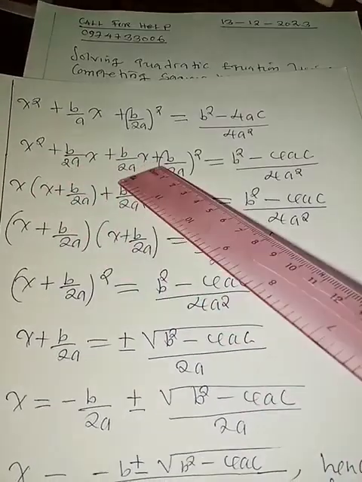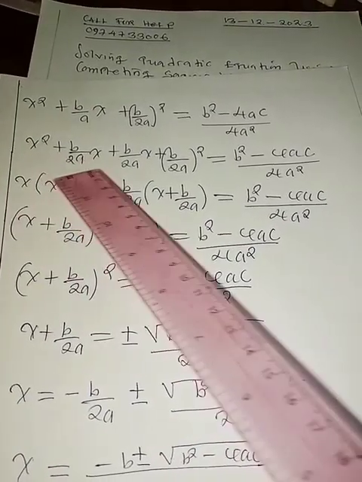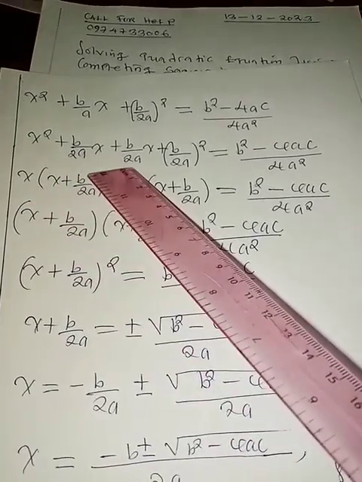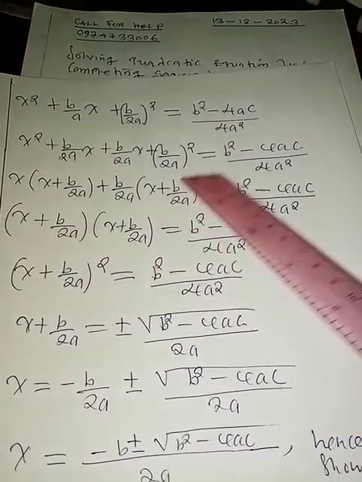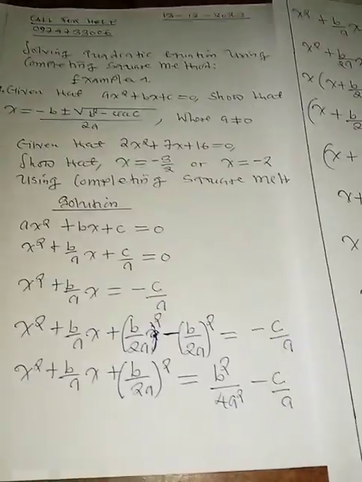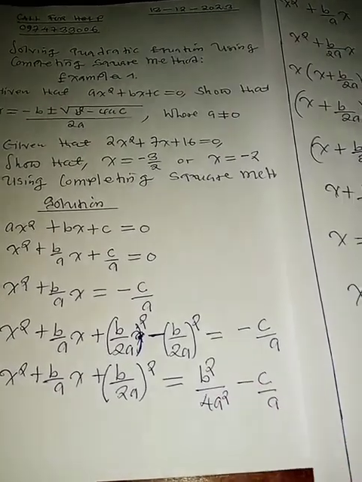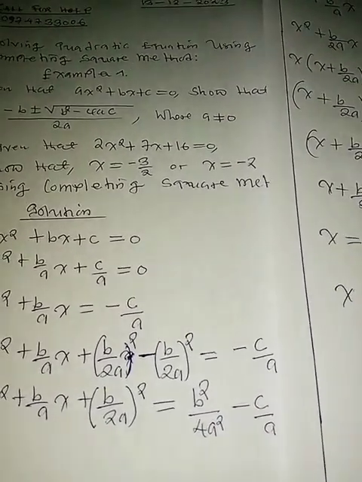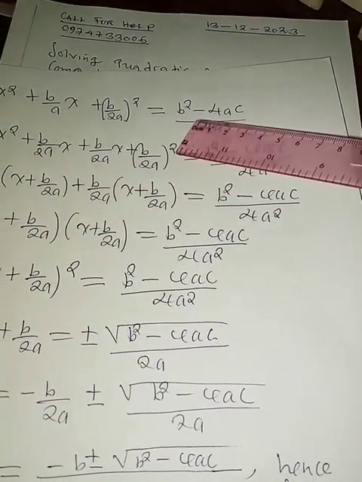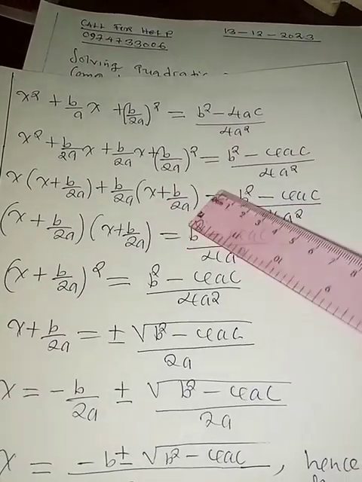Now I can factorize. I now have 4 terms, so we can factorize by grouping. Factorize these 2 here, factorize these 2. So factorizing this, we'll have this one here. Factorizing this, we'll have this one here. And then this side, let me just show you. This side here, you just express it as a single fraction. And definitely when you do that, you will get this as your value. So b squared minus 4ac over 4a squared. Now upon doing that,